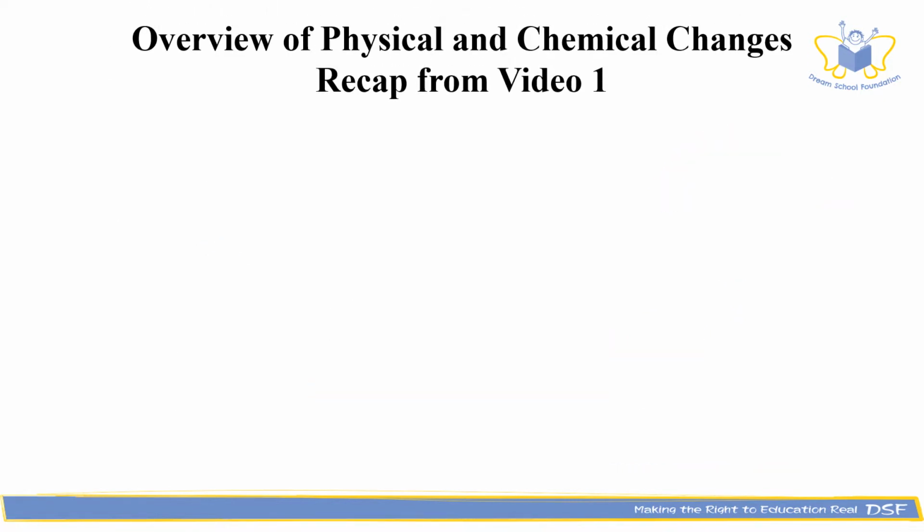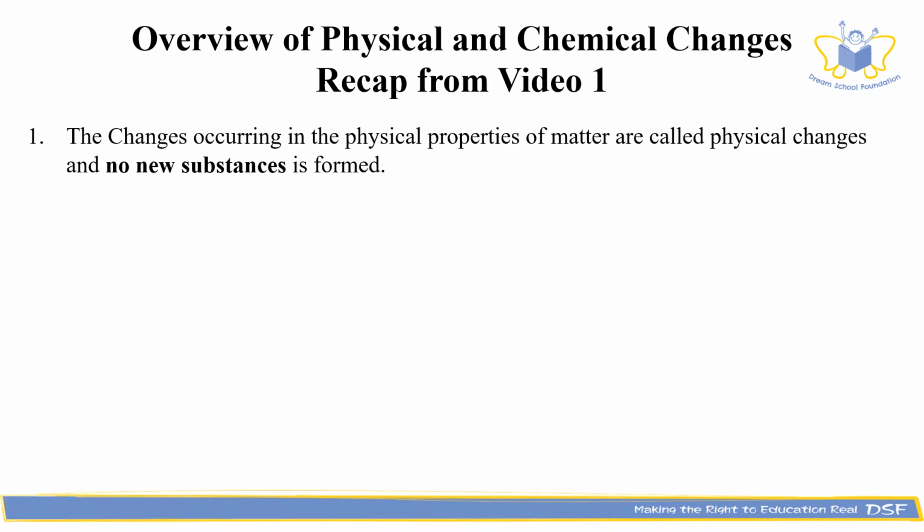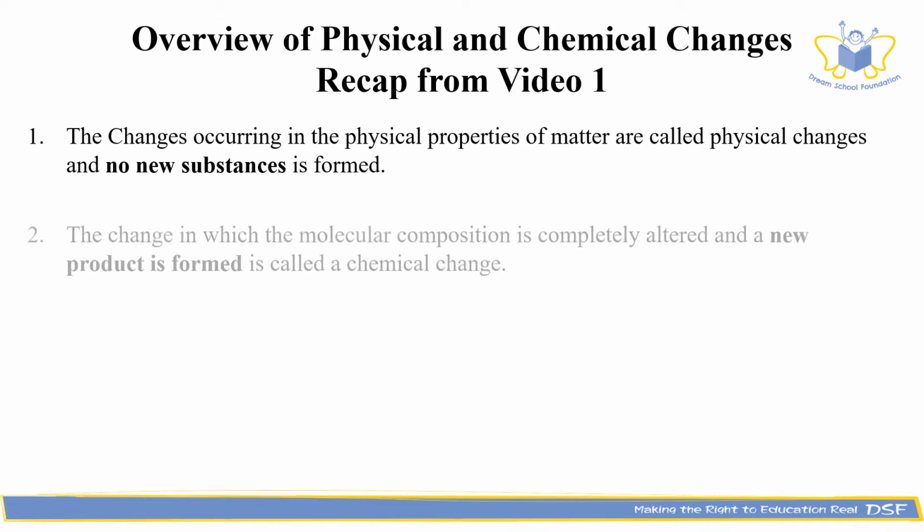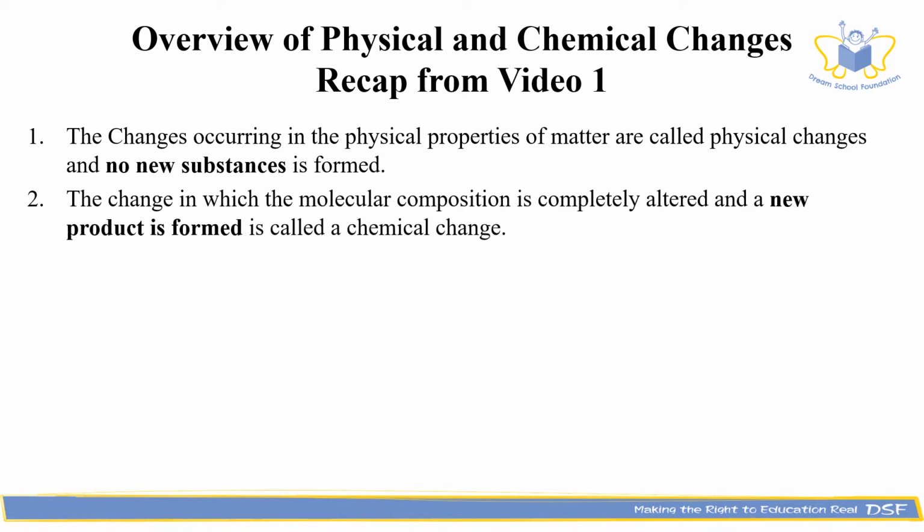The overview of physical and chemical changes, recap from video 1. First one, what is a physical change? The changes occurring in the physical properties of matter are called physical changes and no new substance is formed. Second, what is a chemical change? The change in which the molecular composition is completely altered and a new product is formed is called a chemical